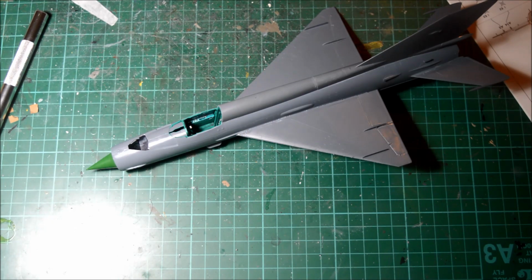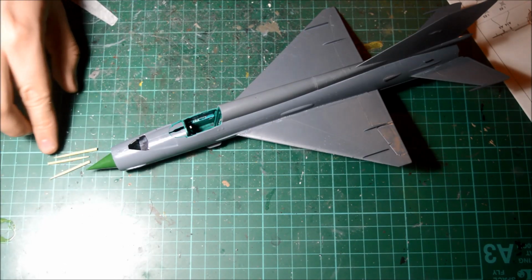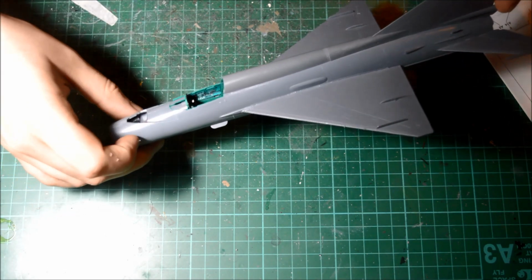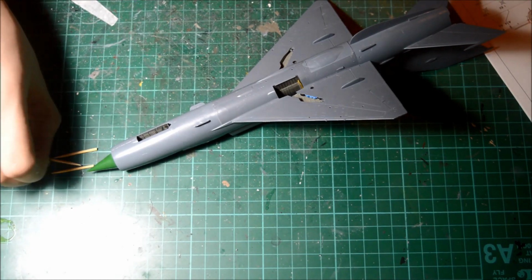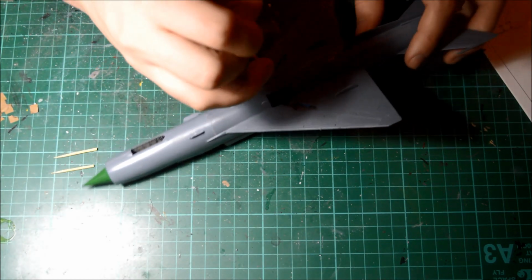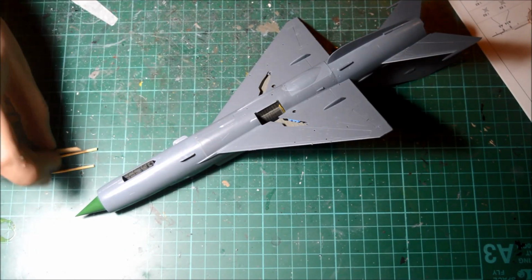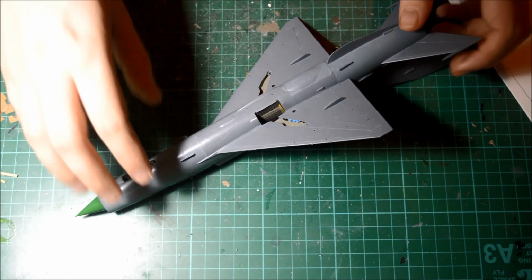Another thing that I need to point out is what I'd done off camera was I got some little cocktail sticks, and I chopped them up basically into half. And very cleverly, I put them underneath the wings here. Now I just rested them in there, like the wing pots, and tipped it upside down, and see how it fits in basically, like how it sits on its wheels. And I think it'll not do too bad because